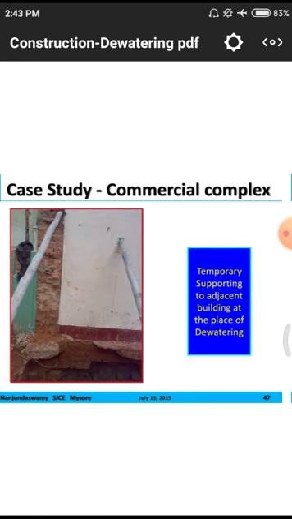That means simply they are using these bamboo sticks for construction purpose. On the side we have a particular wall, so due to this dewatering technique, the total quantity of water is removed. After removing the water we have a quantity of voids, so there is a chance of the wall falling down. So they simply give support to the wall with these bamboo sticks, without falling.